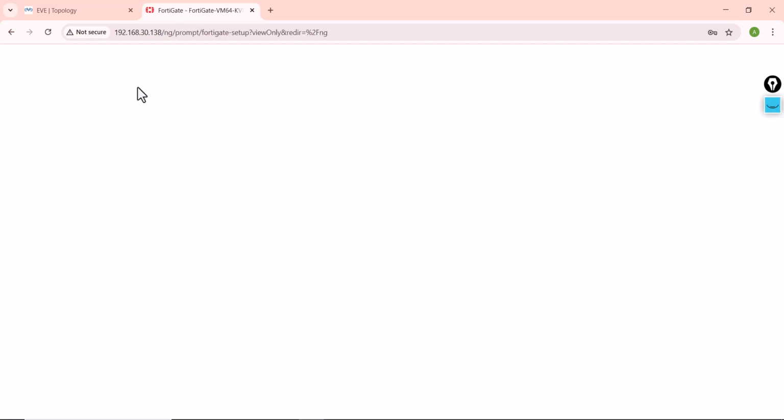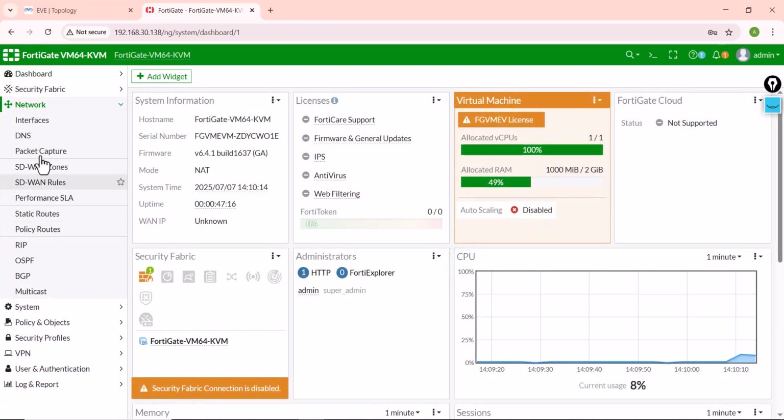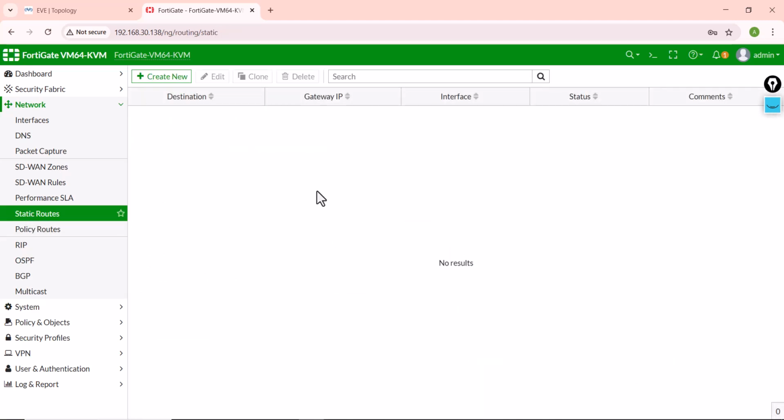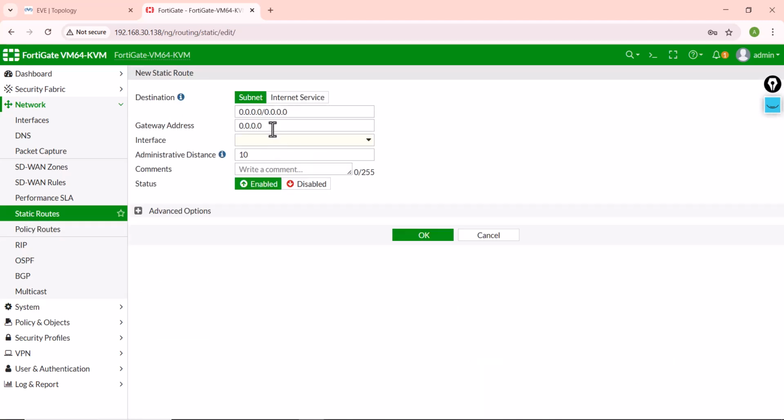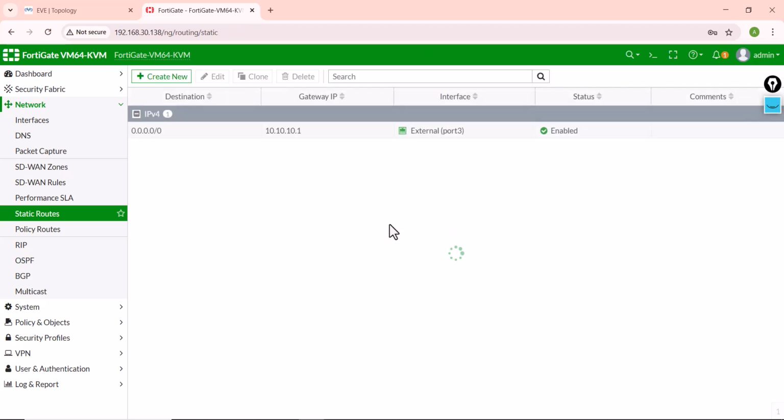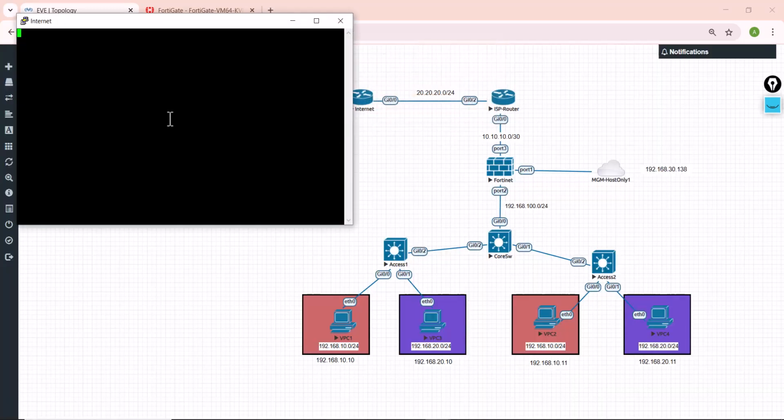Admin. Okay, we log in on the firewall and go to network, static route. As you can see, there is no default route. 10.10.10.1, which is ISP router and reachable from external interface. Okay, and also create a static route on firewall, on router, IP route